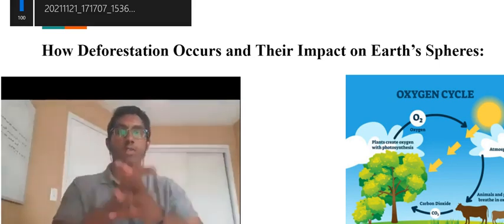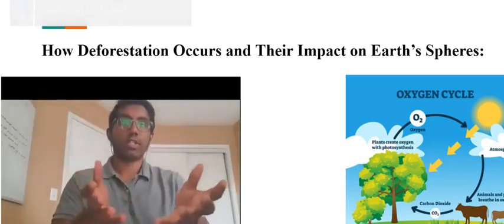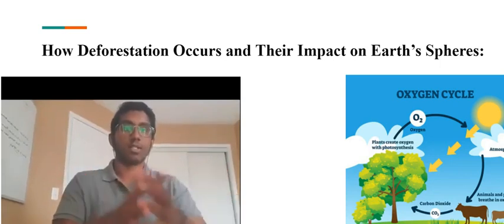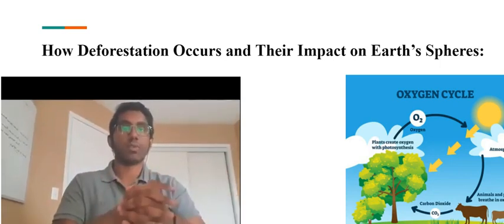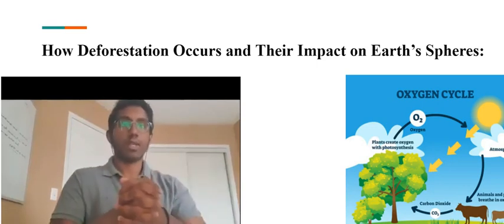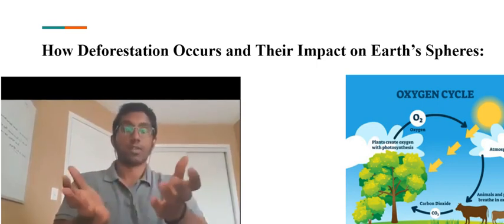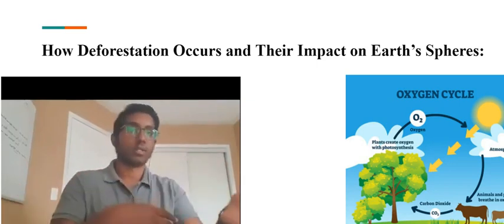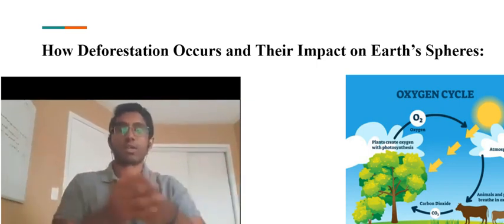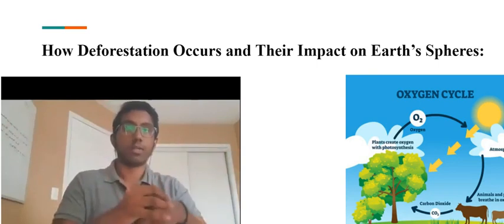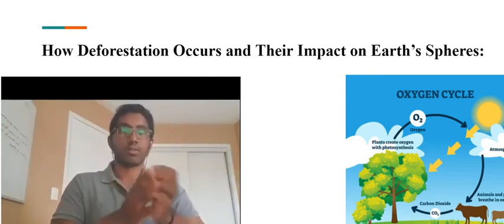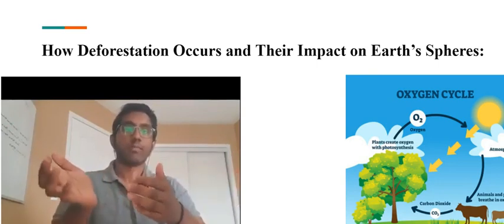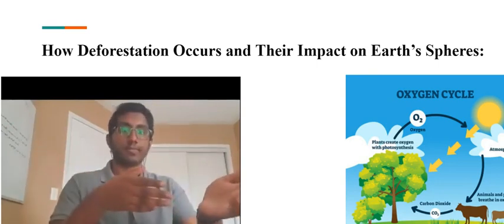So let's start off with the definition. What is deforestation? Well, as simple as it is, it's just the removal of trees or forest as a whole, and it's basically done to create a different use of the land, which could be for farms, the installation of a new city, or simply just a playground. So that's basically the definition. If we move on to the impacts,